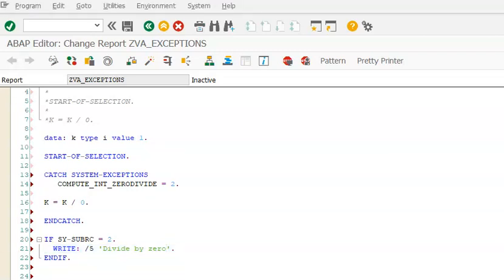So what we are doing here is, we are saying catch system exceptions and compute_int_zerodivide is equals to 2. When you say this, sy-subrc value becomes 2. So what is sy-subrc? It is a system field. There will be a lot of system fields which we'll discuss later. Sy-subrc is a system field which will automatically get updated with 2 when the compute_int_zerodivide occurs. So it becomes 2 when k is equals to k by 0,